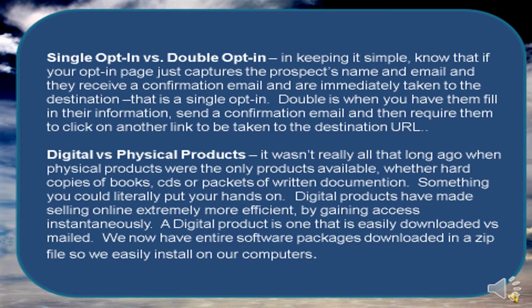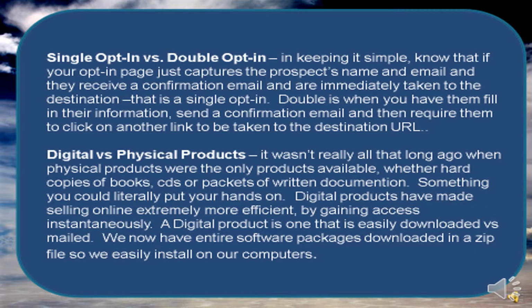Okay, so digital versus physical products. It wasn't really all that long ago where everything was physical products. If you ordered, let's say, a software package, you'd get it in the mail in the form of CDs, and you'd have to put them in your computer one by one and hit run and wait for the screen to change and ask for the second. I'm going way back and I'm dating myself here, but basically what this means for us as